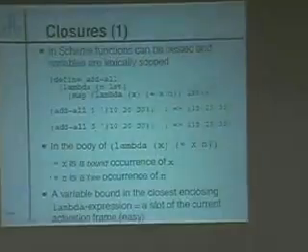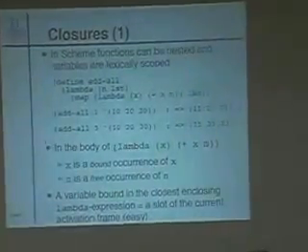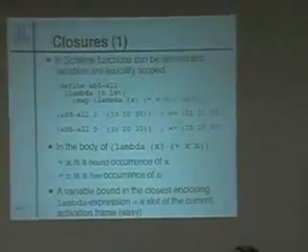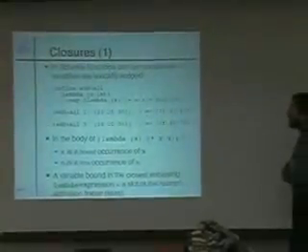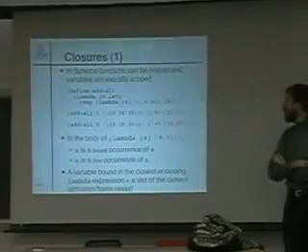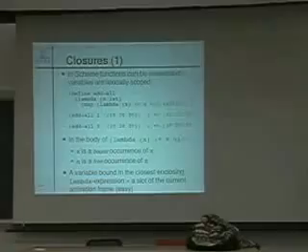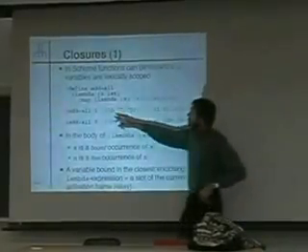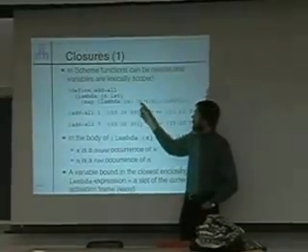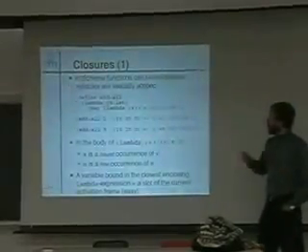Let's look at the closures issue. In Scheme, functions can be nested, something that C doesn't have, and variables are lexically scoped. So we can have a function like this, add all, which will take a parameter n and a list, and which will just add n to each element of the list of numbers. So we use map. So we map over the list LST, and the function that we pass simply adds n to the element x. So here we have a closure.